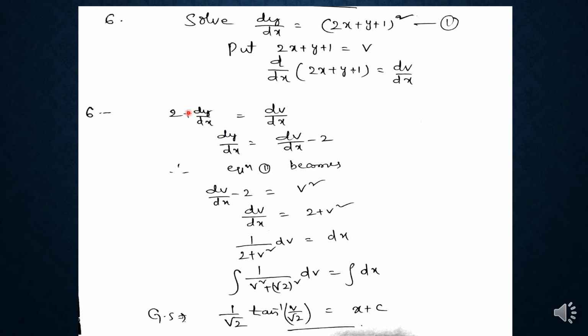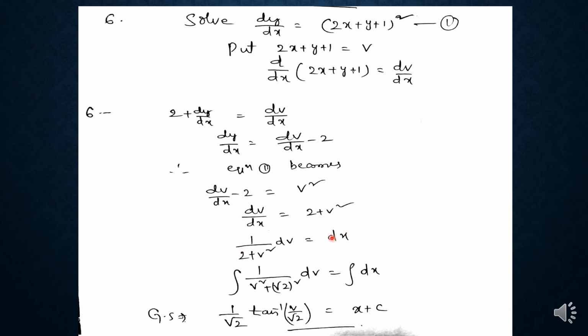From this equation we can write dy by dx is equal to dv by dx minus 2. So in the given equation 1, dy by dx is equal to (2x plus y plus 1) whole square. Put dy by dx is equal to dv by dx minus 2, that is the left hand side, and the right hand side becomes v square. Now the equation becomes variable separable, with the variables v and x. Now dv by dx is equal to 2 plus v square and 1 by (2 plus v square) dv is